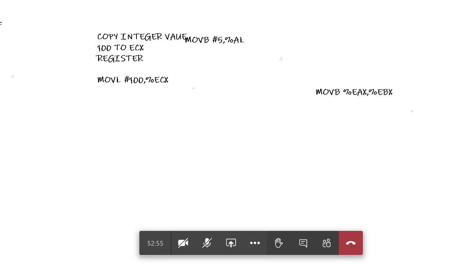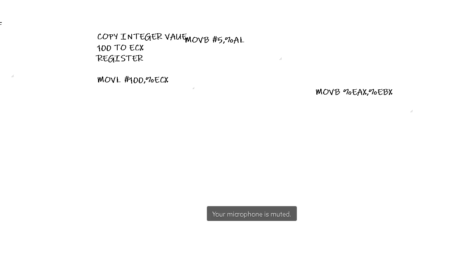Okay, so basically you have to be very clear with these basic things. That's the reason I'm taking one class separately. Already it is a part of the theory syllabus also. We are taking a separate class to explain the things properly. Okay, you should not get confused anymore about the move instruction and the registers.